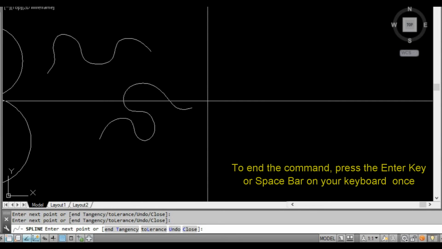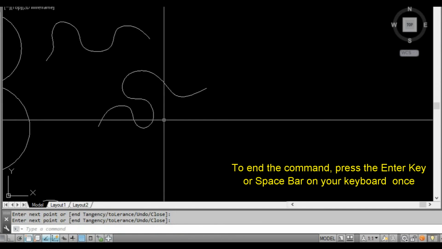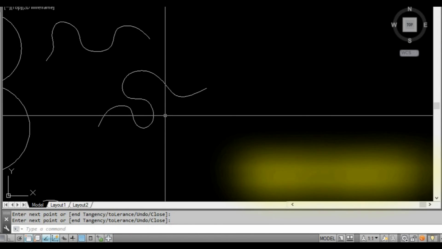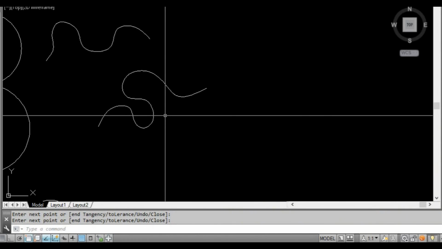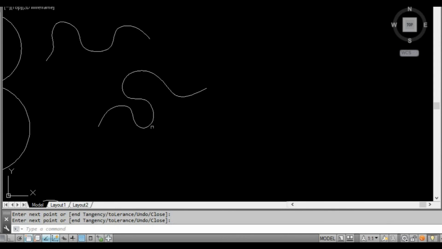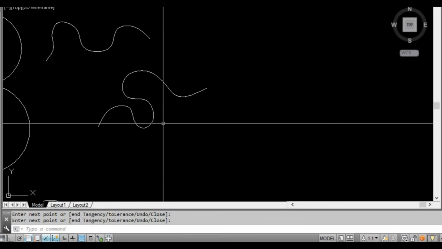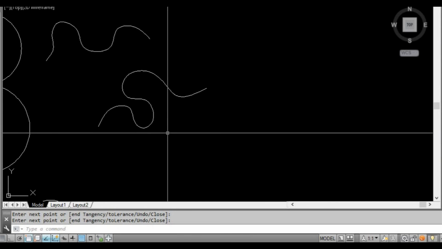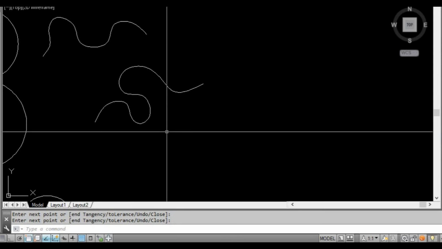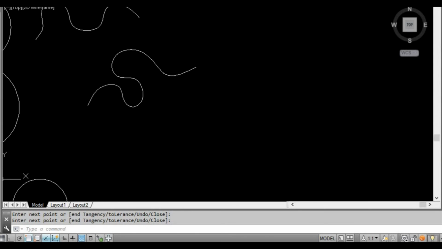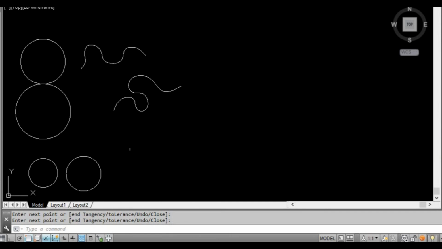You might be wondering why you'd use such a command as the spline, especially if you're doing something perhaps with building work where things generally are a bit more linear. Well, this can be used in many areas. Very useful for a simple thing would be like a landscape plan, where we would have perhaps some grassed areas that have a certain sort of curved shape,